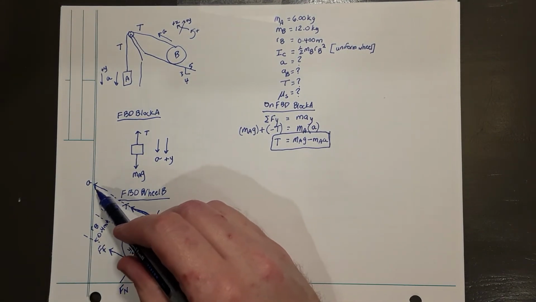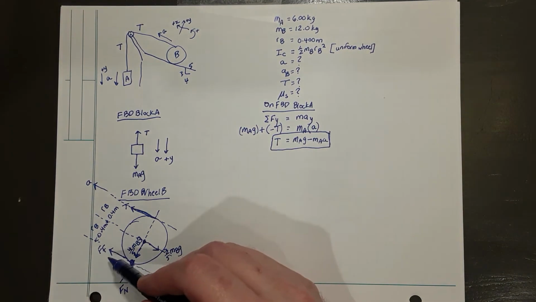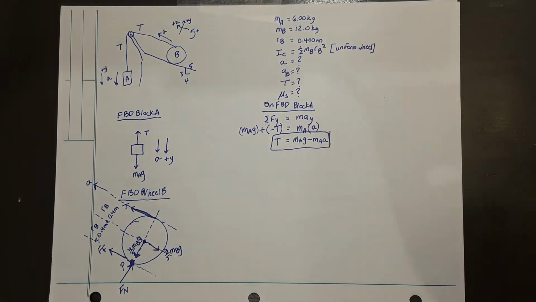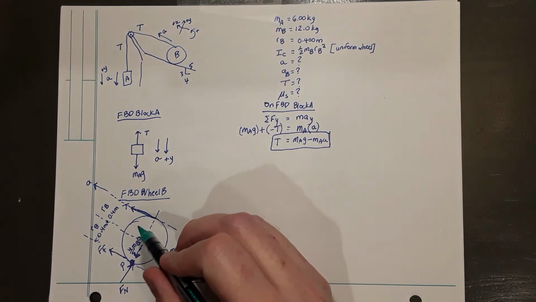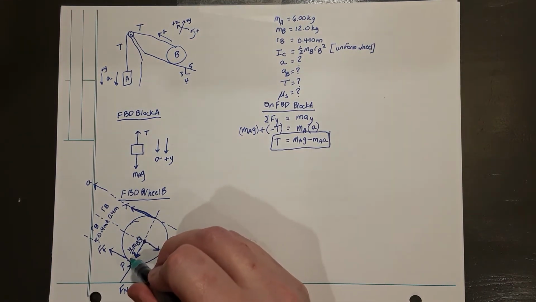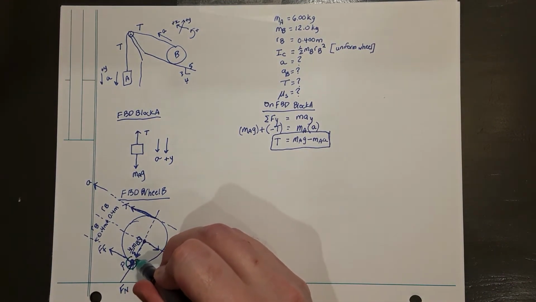And so that's an unknown quantity in the x direction. So is force of friction, and so is tension. That's three unknowns, so that's not really going to be useful when we have only a few equations to deal with. So to eliminate a lot of the unknowns, what I'm going to do is take moments around the point